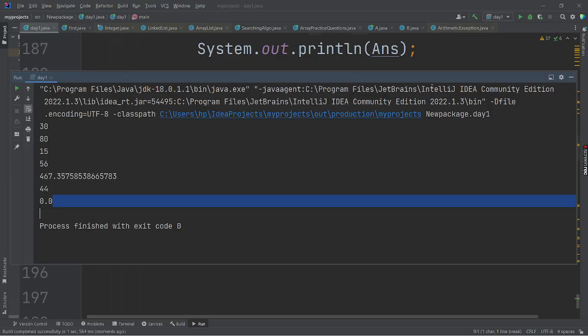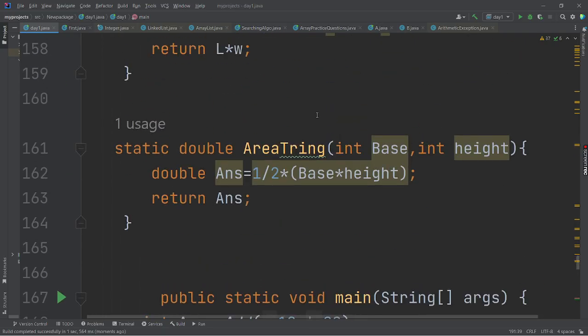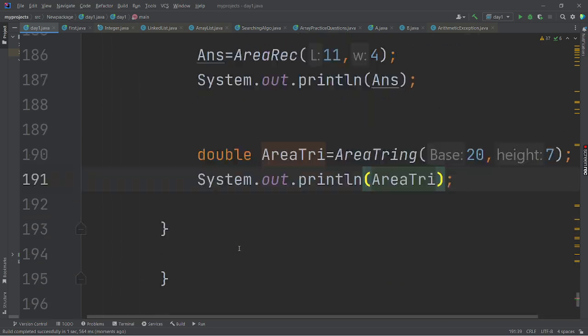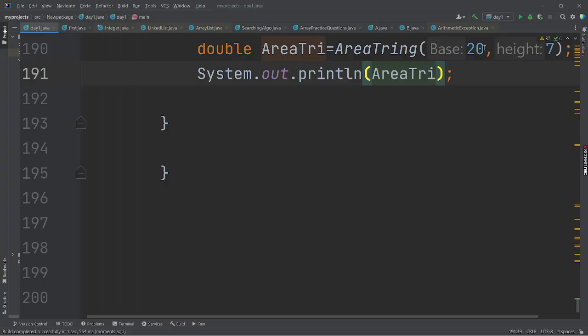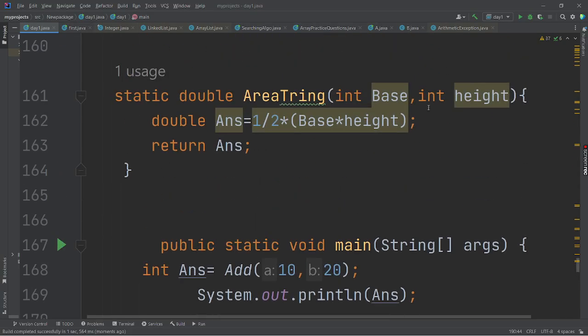Let's pass a different value. Why we are getting 0 here, 0.0? Okay, what is this? The half into base into height can be replaced with 0, so we have passed a very small value. Let's pass some bigger value. I will write 110 and pass 70. I hope it will not